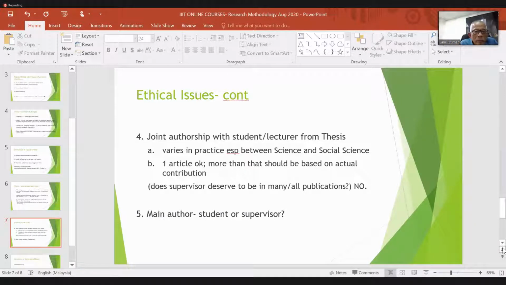Okay, this is my personal view. If a supervisor says that, oh, because I was the one who got the research grant, it is my data set, or I was the one that managed to get the data set, I gave to my student, and therefore everything that comes out in that thesis, I should also be co-author. Personally, I think it's very difficult for me to accept.